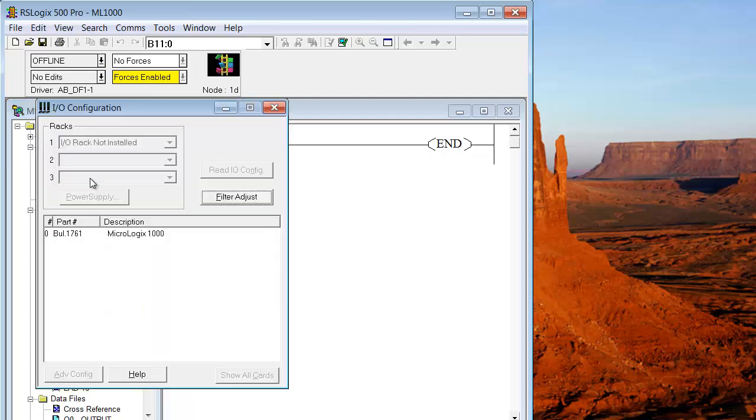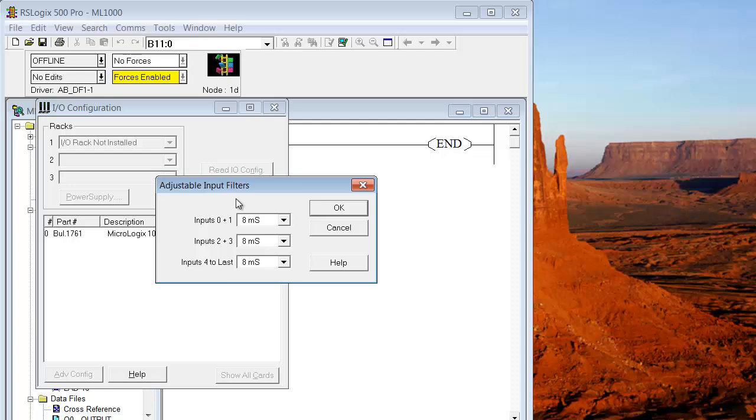Double click and we get a pop-up. If you look, you see there's really nothing to do there. The only thing that is really active is the filter adjust, and this allows basically a debounce timer, and you can do it for inputs 0 and 1 and 2 and 3 in separate groups. Then your third group would be input 4 to whatever extent that you have. And you see you can adjust these filters